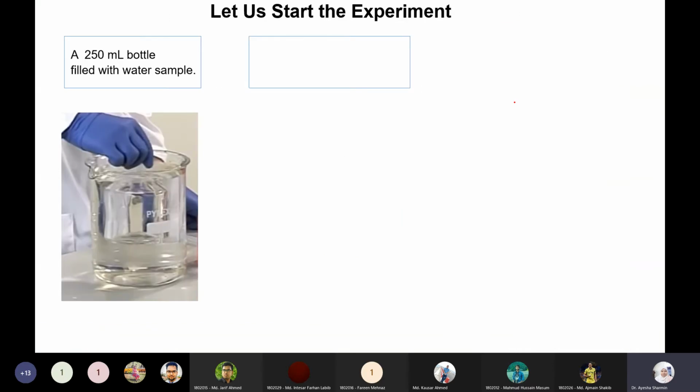So first, take a 250 milliliter or 300 ml Winkler bottle and fill it with the water sample. Your water sample will be given in a bucket or a large beaker, so you have to dip. First, take a little bit of the sample water in your Winkler bottle, close the stopper, and rinse it nicely with that water. Then dip the whole bottle inside the beaker so that you don't have any air when you're taking the sample. You have to dip the whole thing, and then take the water sample